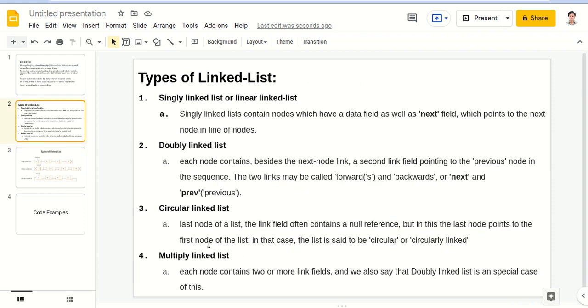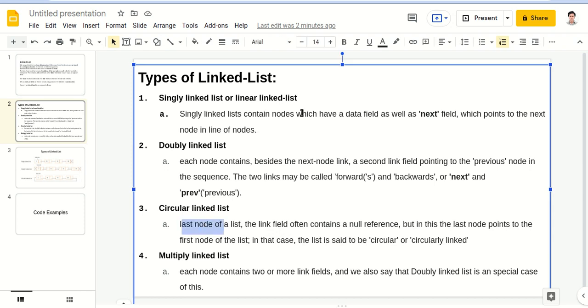Now, circular linked list. What is a circular linked list? It's also a linear linked list, similar to a linear linked list, but the only difference is the last node doesn't point to null, it points to the first node.